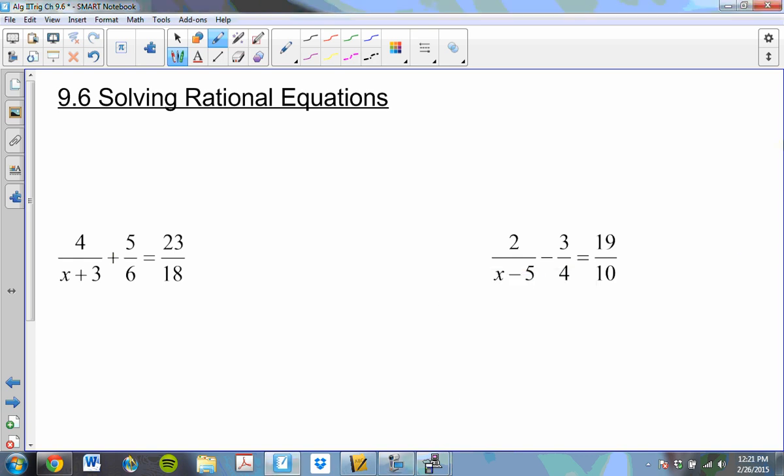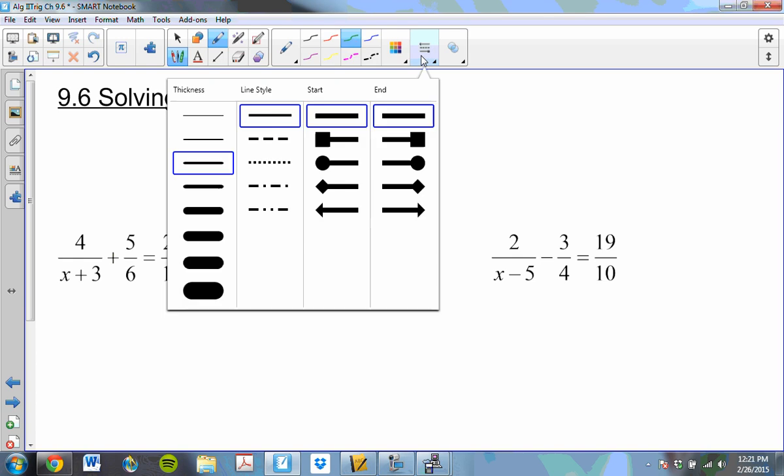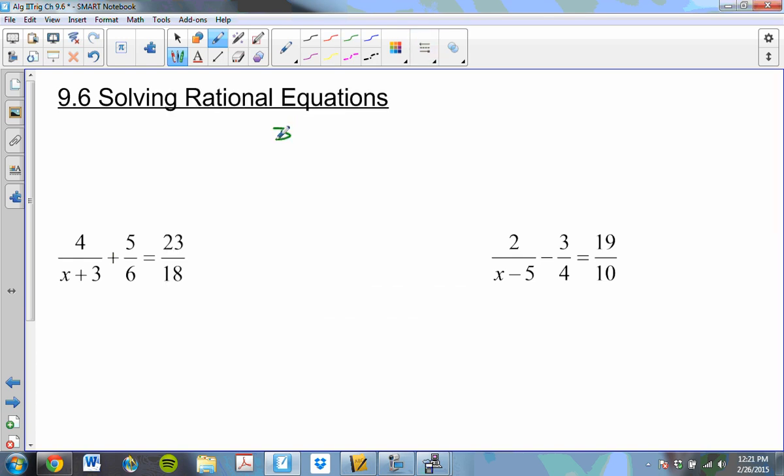9.6 is solving rational equations. We've solved some rational equations before. If you think about the times we've had stuff like this,